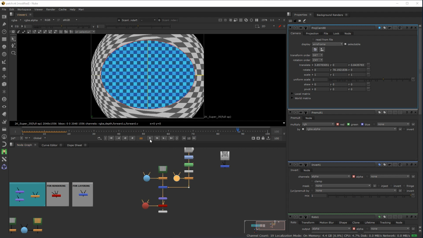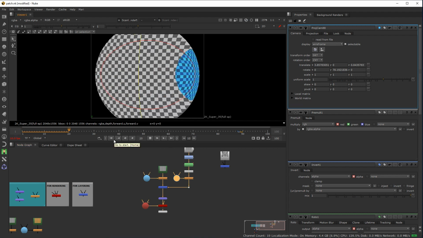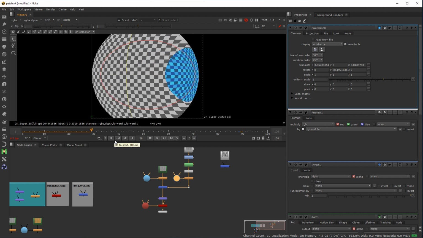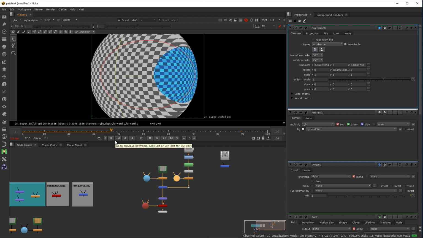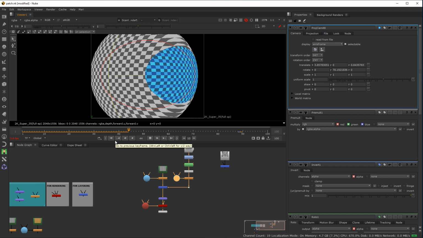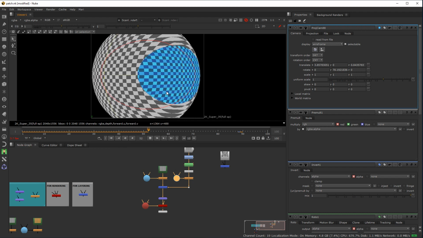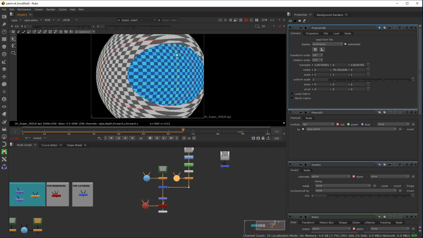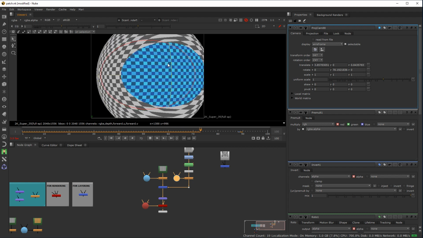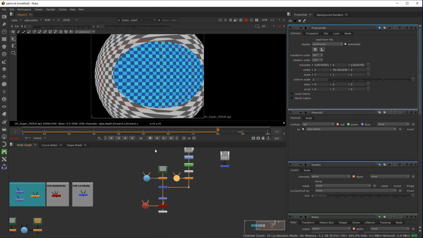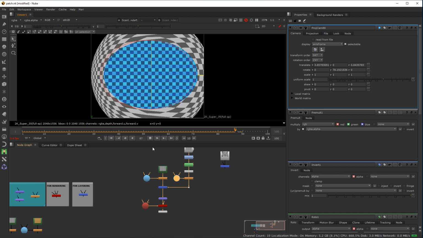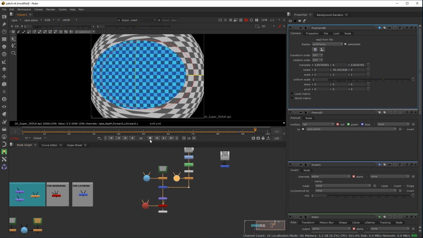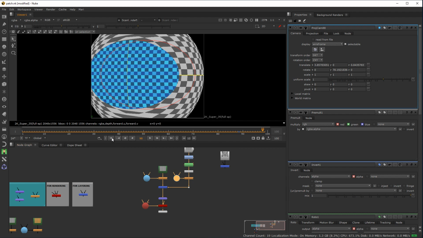I'm just going to come back, this is going to cache a little, so it's not going to run at the optimum speed, but we can certainly see here that this is now patching over the offending areas. Now obviously the precision of the roto node isn't quite right, but this is the benefit of doing this using software like Nuke, because we can do this easily now, almost in real time, just by manipulating the